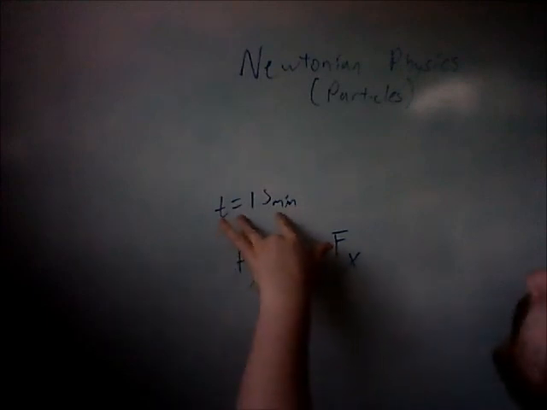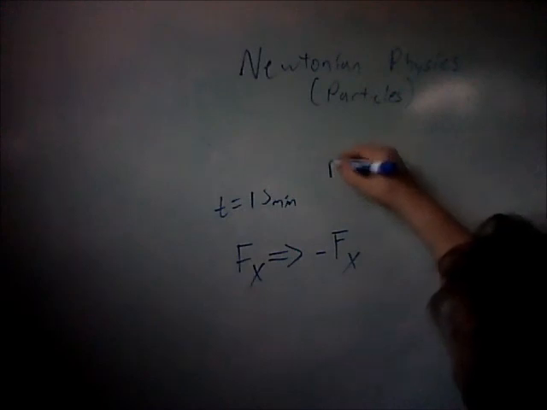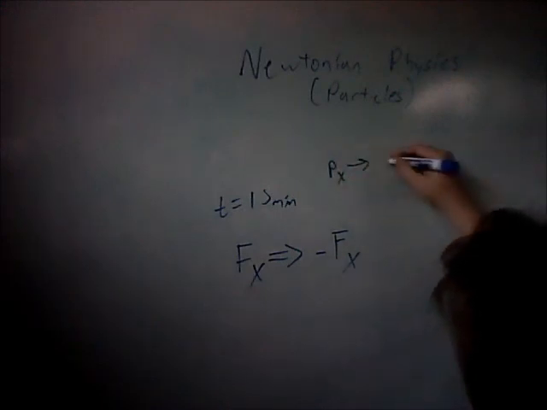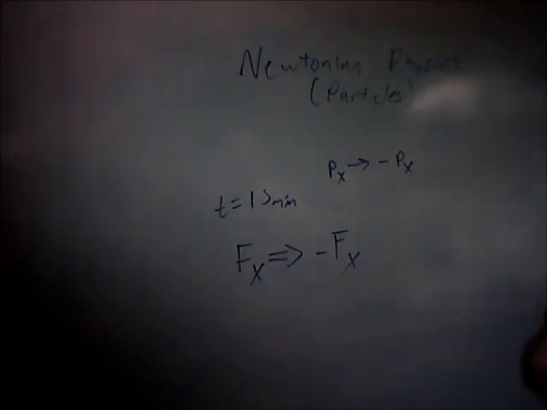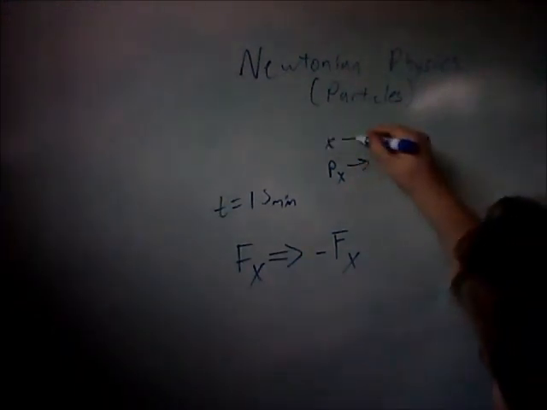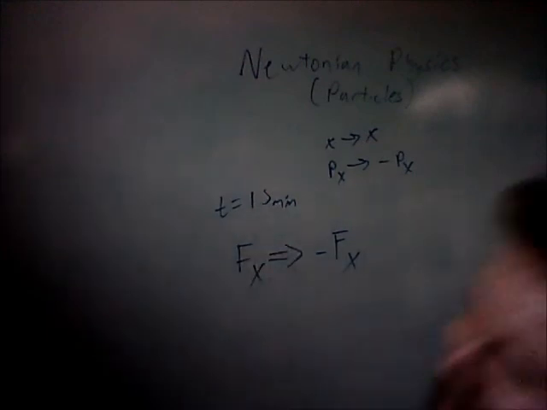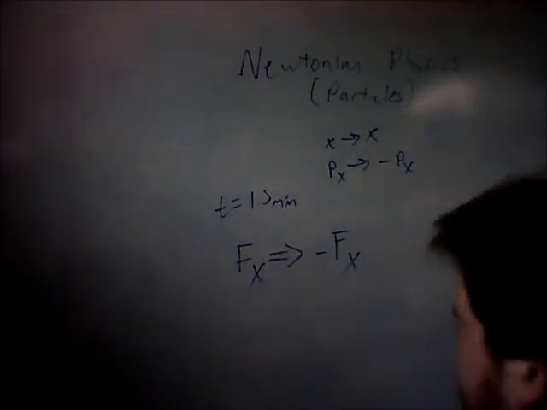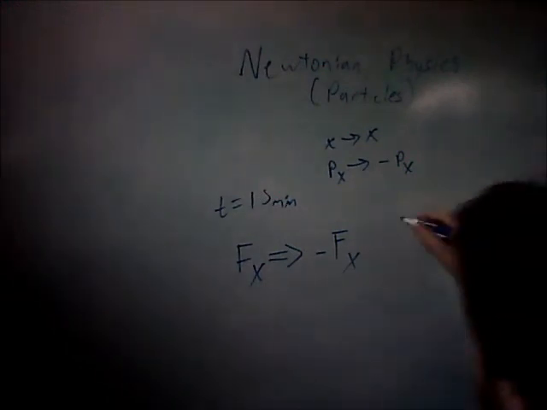And take the momentum and let it go over to minus the momentum. Leave the position the same. The momentum goes over to minus the momentum, and the force goes over to minus the force, and evolve that system in time 15 minutes, and you will find that you get, once you reset